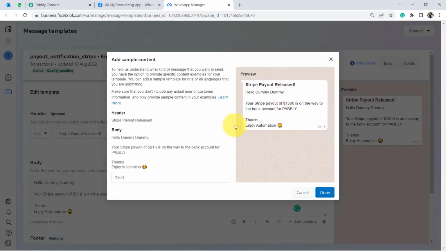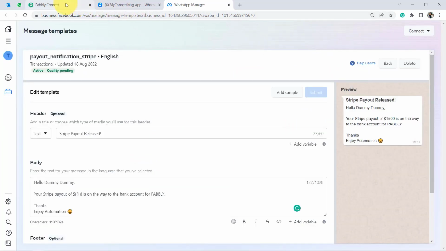Do not forget to provide the samples. The samples are basically the dummy value, the sample value, which should come in place of these variables. Okay, and for now I'm closing it and going back to Pabbly Connect, but let me first copy this name